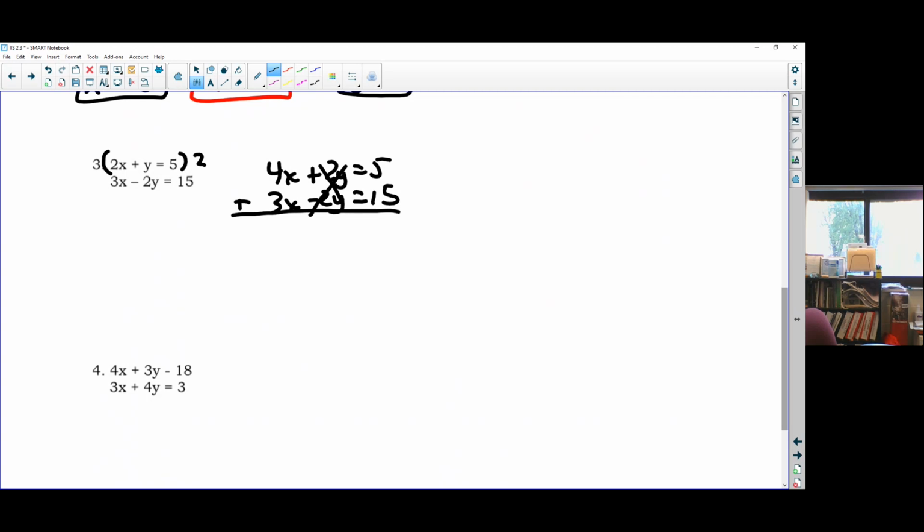Oh, I think I made a mistake up there. That shouldn't be a 5. That should be a 10, because 5 times 2 is 10. So 7x equals 25. And when I divide by 7, x is 25 over 7. Or,